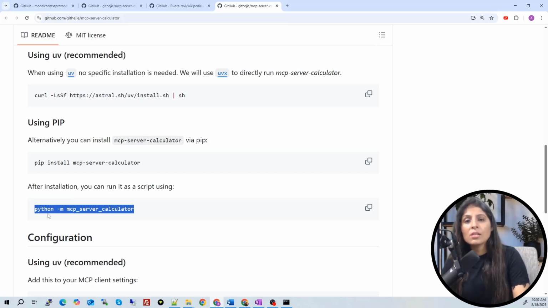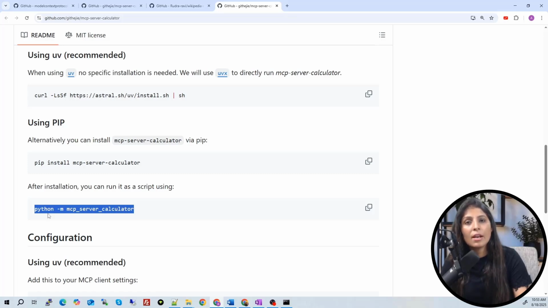Now let's write the code for the client. Using IGNOU we will create one agent, and that agent will use one LLM, and we will connect that agent with this MCP server. When the user asks a question, that question will go to the agent.